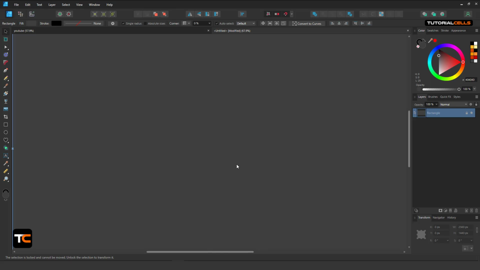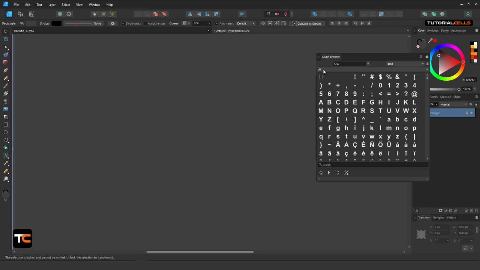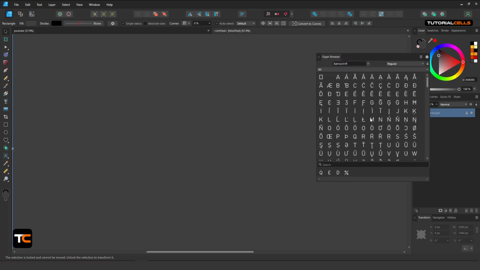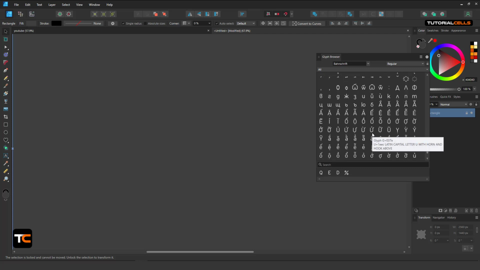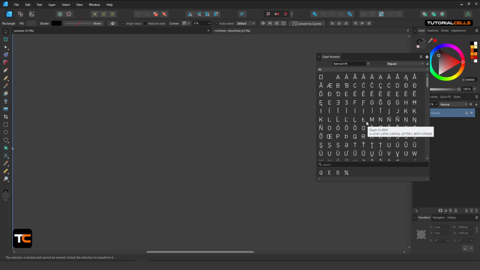Another thing that is related to text is the glyph browser. You can open it. Actually, a glyph is a symbol that is related to the text, and it's different. A symbol will be attached to every text that you can insert in your text. It's very simple. It's not a font, but you can